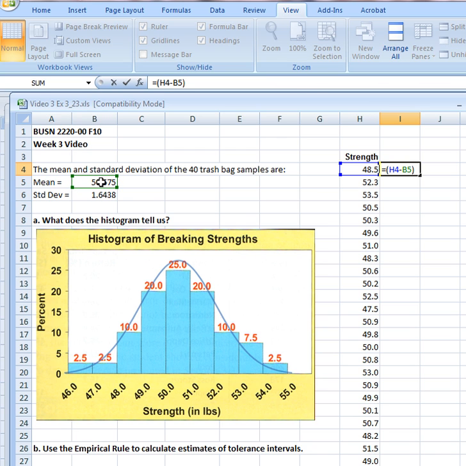Now, that would be interesting for you and me, but statisticians say, you know what's even more interesting, for reasons we won't go into here, is if we square that difference. Now, one thing that squaring the number does is it always gives us a positive number, no matter whether the actual trash bag is less than or equal to the average. You notice in this case, it happens to be greater than,